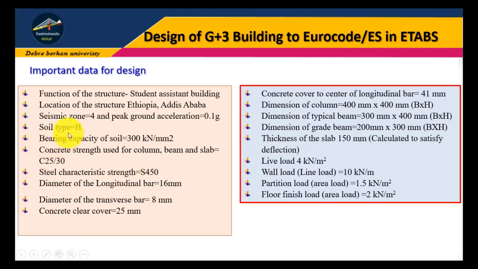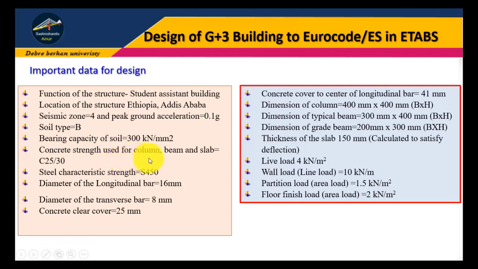Okay, soil type B. This data comes from the geotechnical investigation. Therefore, bearing capacity of soil 300 kilonewton per meter square. ይሄ ሁሉ ጥቅሙ ምንድነው? Just for designing the foundation. Okay, well, type B ያልነው እዚህ ጋር ደግሞ earthquake ወይም ደግሞ seismic analysis ለመስራት የሚጠቅመን ፓርት ነው ማለት ነው።